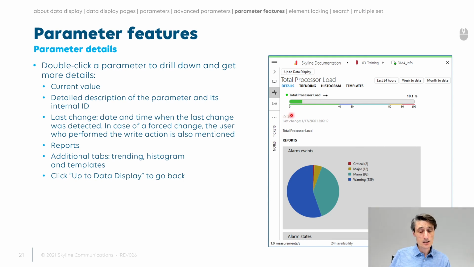that's an internal ID of a parameter that is available there, and when the last change was detected. And that's an interesting one. In this case, the total processor load is continuously being polled, and it's typically a different value, so that will continuously change. But if it's a configuration setting, you can actually see when that configuration setting was last changed and